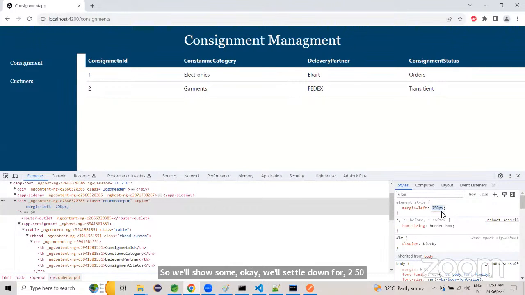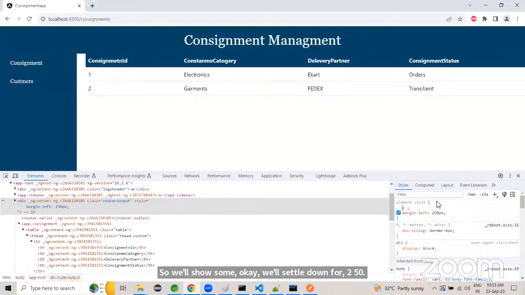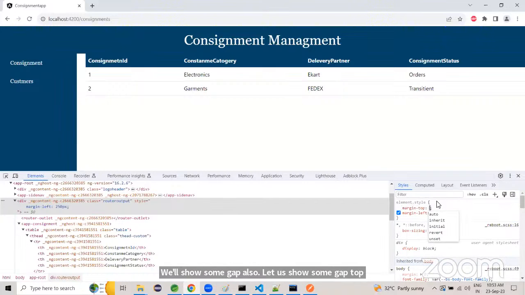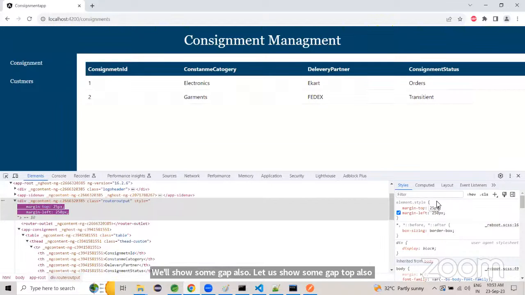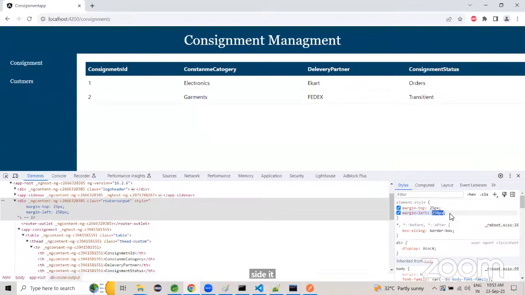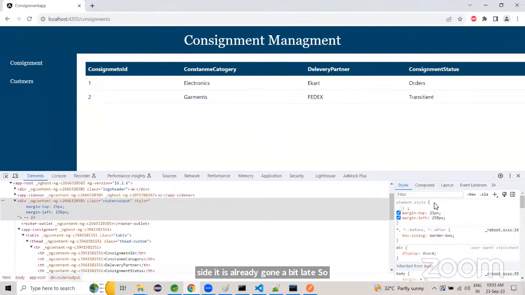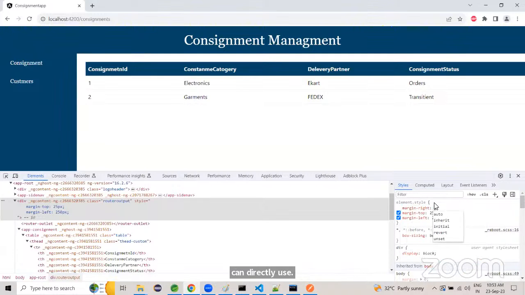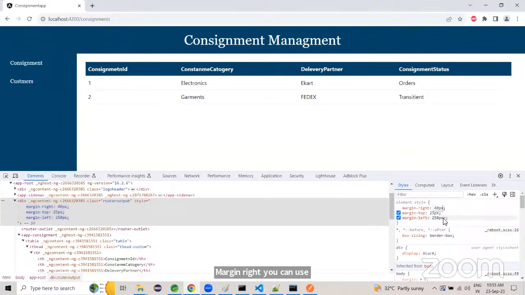We'll show some gap also. Let us show some gap top also. Margin top. So let me take some 250 pixel, not more. 250 pixel. And the right side it is already gone a bit left, so you can directly use margin right. You can use some 40 pixel. Yeah, so